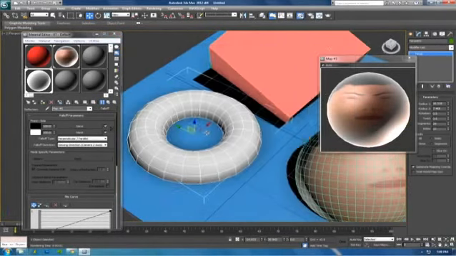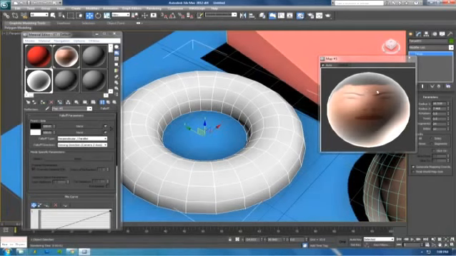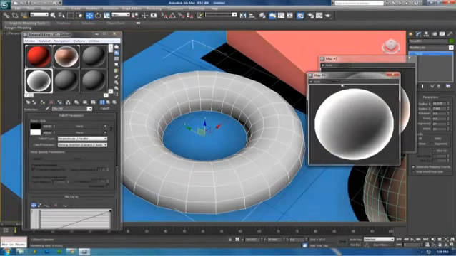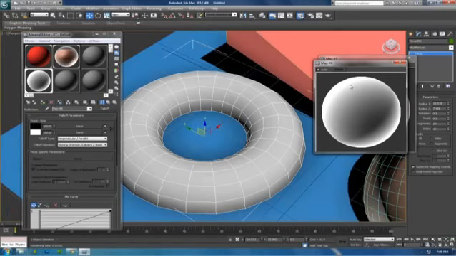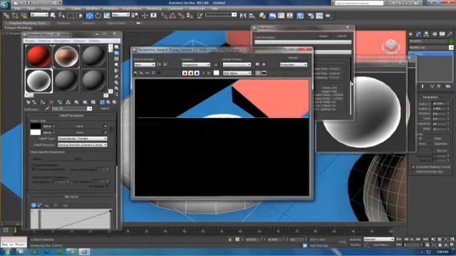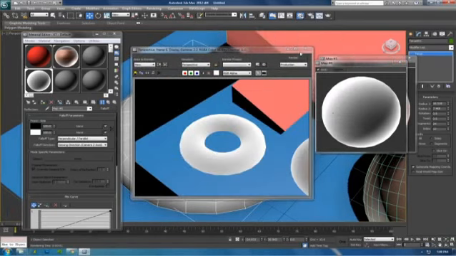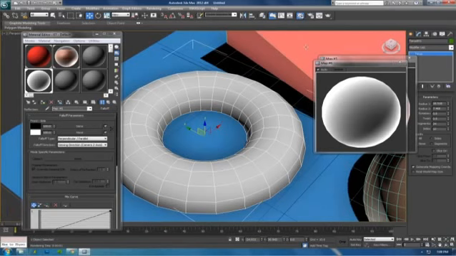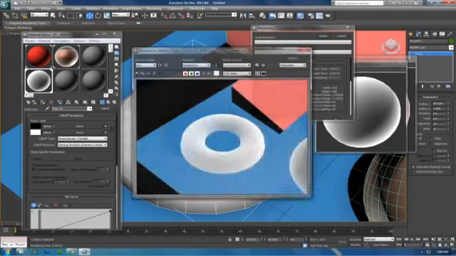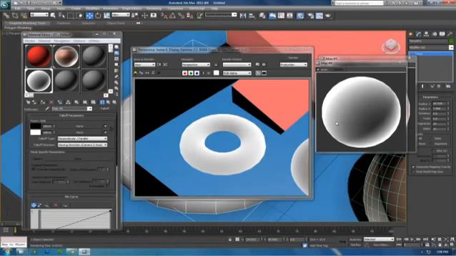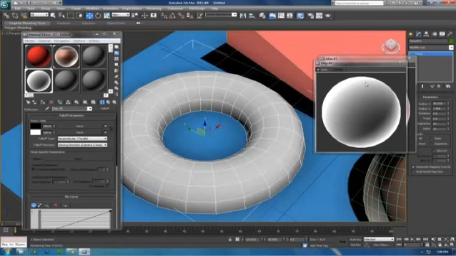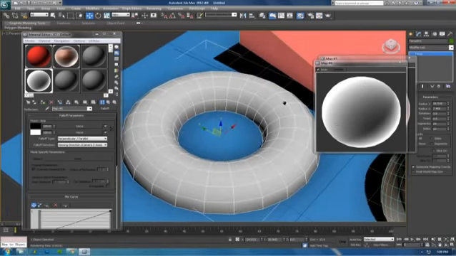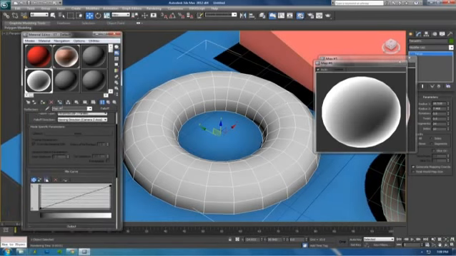Okay, so Falloff means whatever is white is further away from the camera, I think. Whatever is white is further away from the camera, and whatever is black is closer to the camera. So what I do with Falloff, I pinch it. So if I go down here and I pinch it,